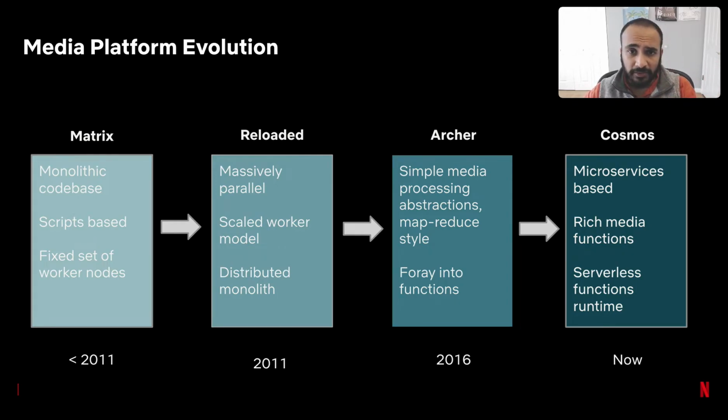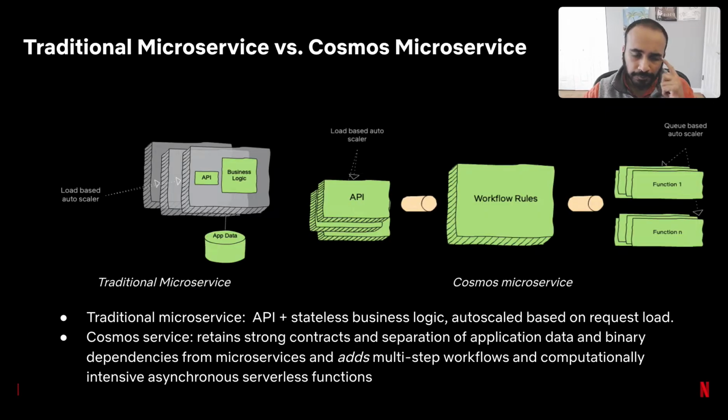We did not get to where we are in one fell swoop, of course, and the media processing needs here have grown over the years to what I described in the previous slide. With growing media processing needs, the media processing platform and infrastructure has grown as well, constantly learning from its predecessors and moving from monolithic script-based workflows that were rigidly developed around the use case to serverless runtimes that allow for greater flexibility by composition of microservices based on application and business need. With that quick history lesson, let's move on to Cosmos.